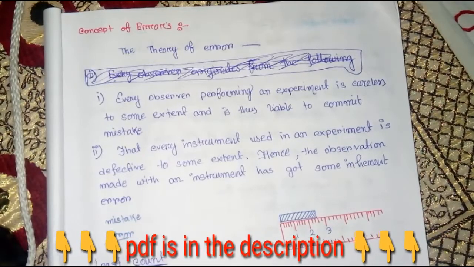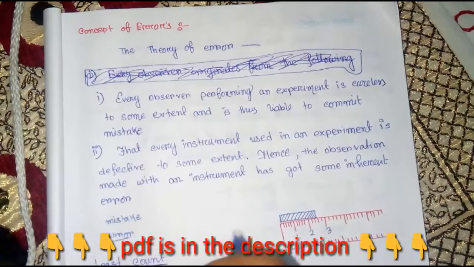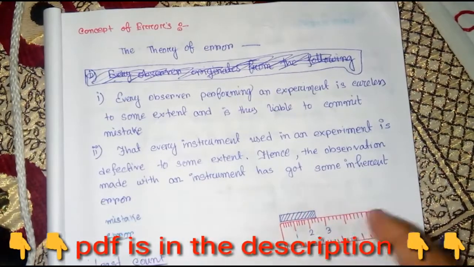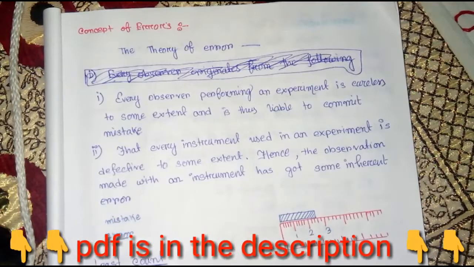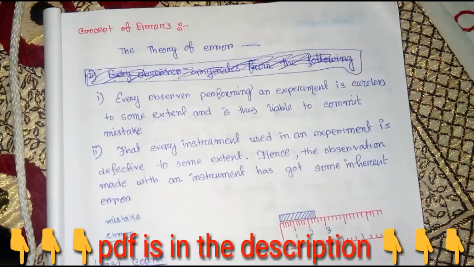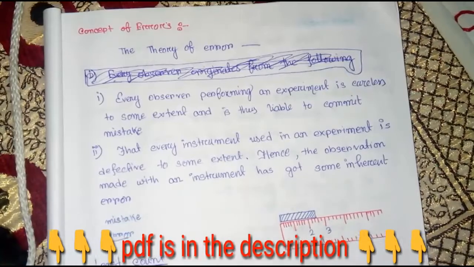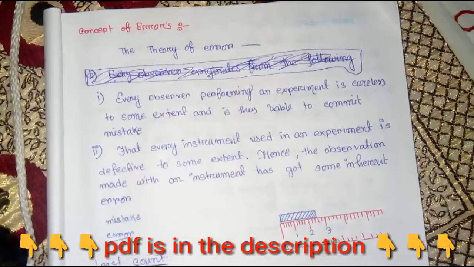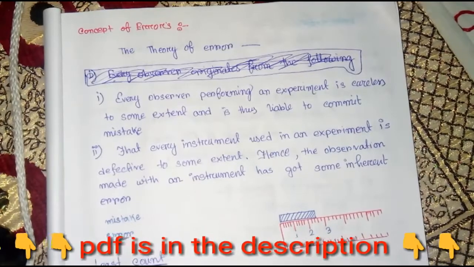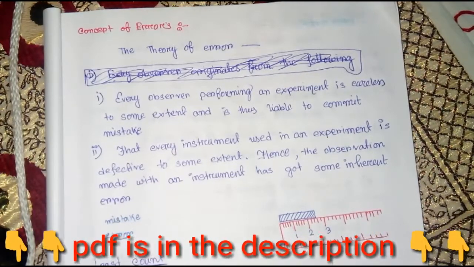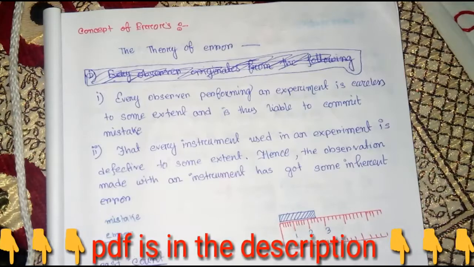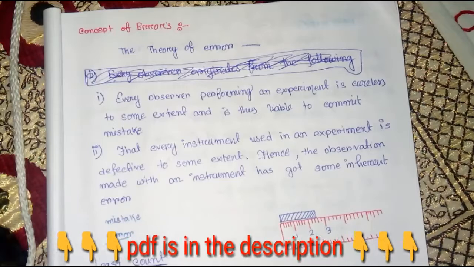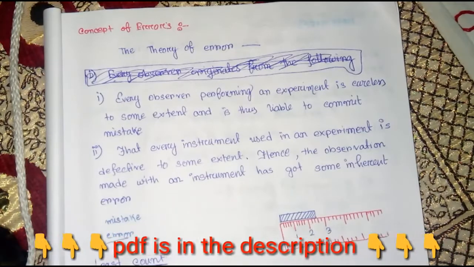As you know, nothing is perfect in the universe. You are not perfect, I am also not perfect, and any experiment we do is not perfect. It has an error. As you know, physics is based on theory as well as experiment. When the experiment shows the result, at that time we approve the theory or the principles.